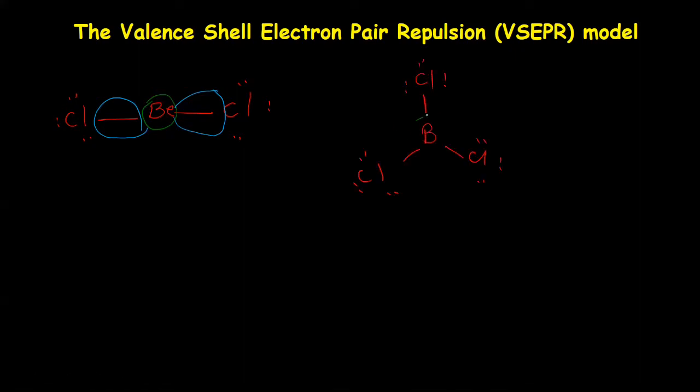And also let's look at the other molecule, like BCl3. So our central atom is boron, and we take a look at the pairs of electrons here. We have one pair here, one pair here, and another. And we need to find out what shape makes these three pairs of electrons as far apart as possible